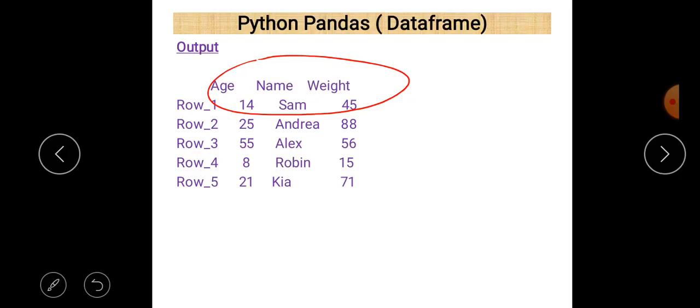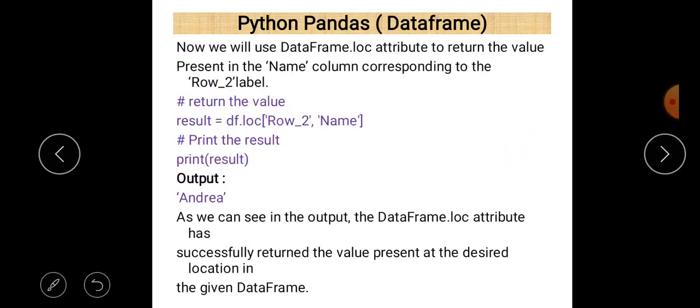So we can access a data element according to the key, and that's why the column names can be represented in any order. If no value is found for any cell, then NaN will appear there. In this case it is not so, but always remember that NaN represents not a number. So this is a simple program where we just create this simple data frame.